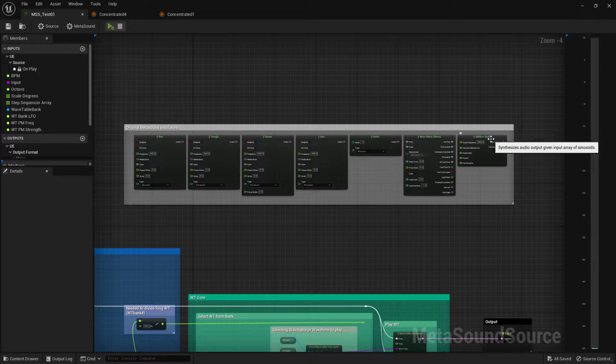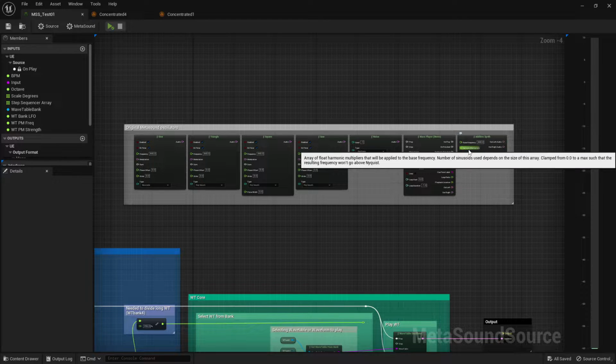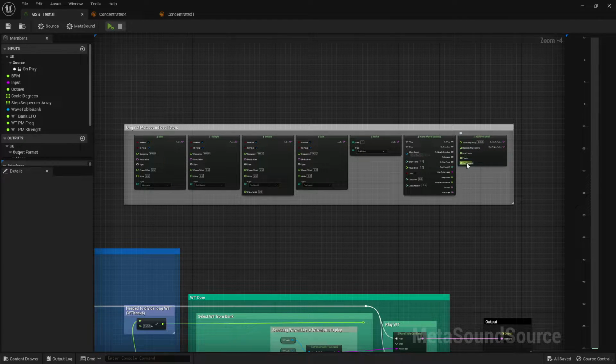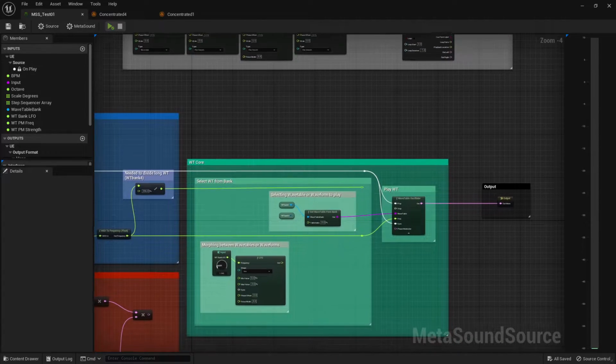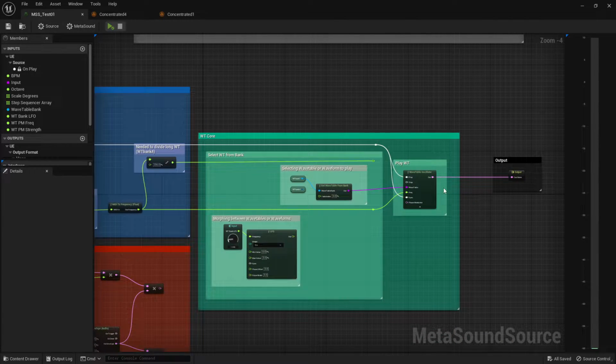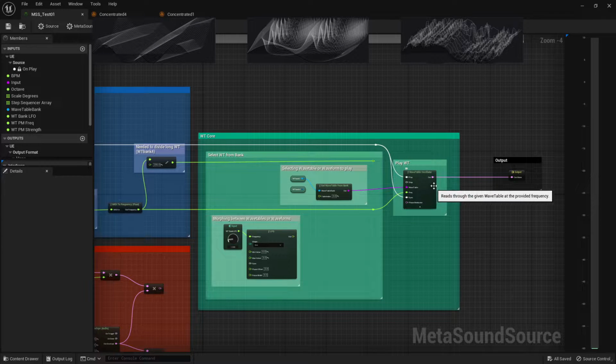Additive synths, of course, are incredibly powerful, and as it is built in Unreal Engine, it is very flexible. You have arrays for harmonic multipliers, amplitudes, phases and pan amounts, but at the same time you have to change these arrays if you want to modulate, if you want to change these values or the sound of the synth on the fly, which can be a little bit complicated or cumbersome. So it's pretty cool that they finally added a wavetable oscillator, but